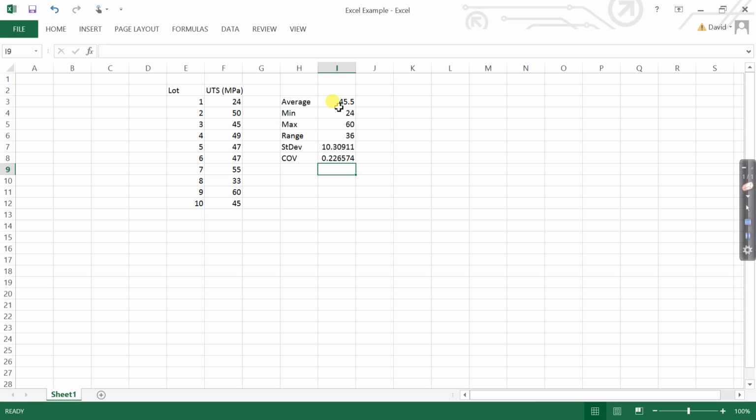So again, here are some simple Excel functions that will help you out with homework number 2. If you have any questions, feel free to email me at